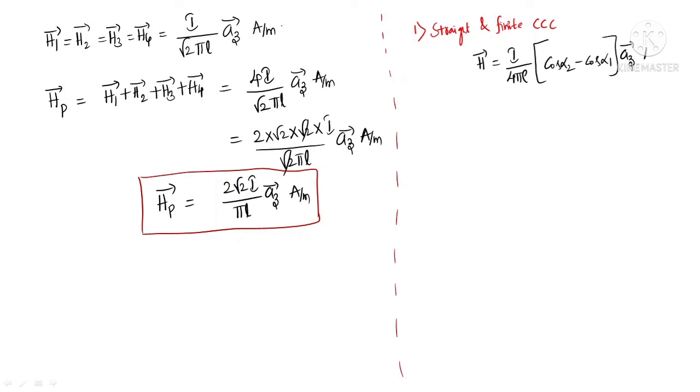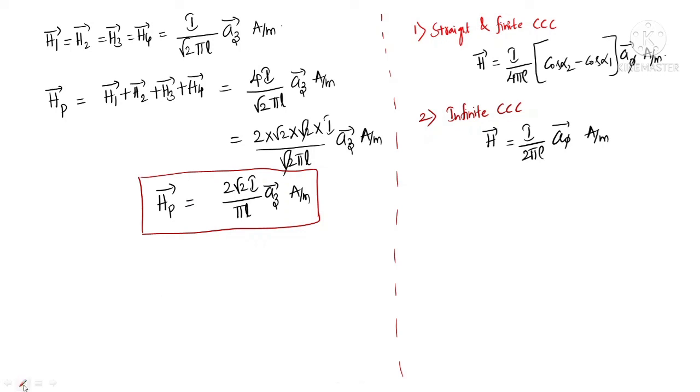Please note it down. Everything up to now, we have evaluated all these things over the last 3 to 4 classes. I am writing everything at a single place. Secondly, we have evaluated due to an infinite current carrying conductor, and we got the expression for field intensity as I by 2 pi rho A phi bar ampere per meter. Here it is A phi bar, I think, sorry.